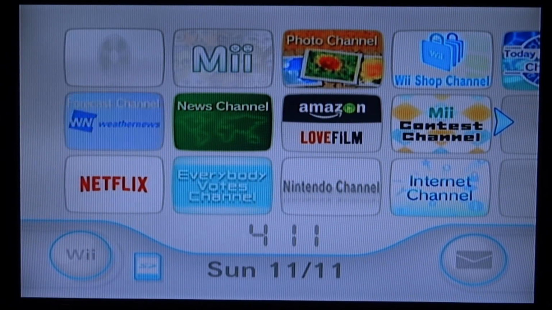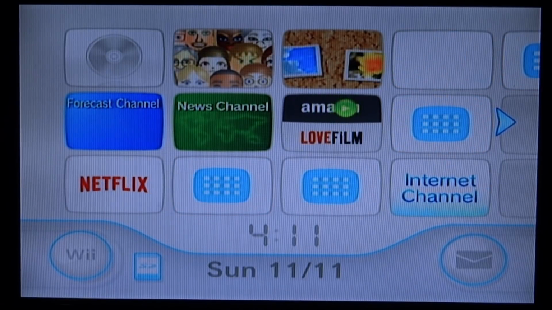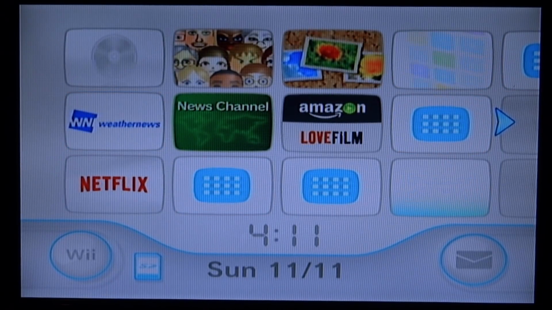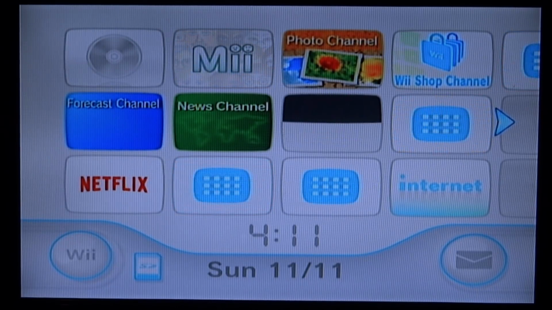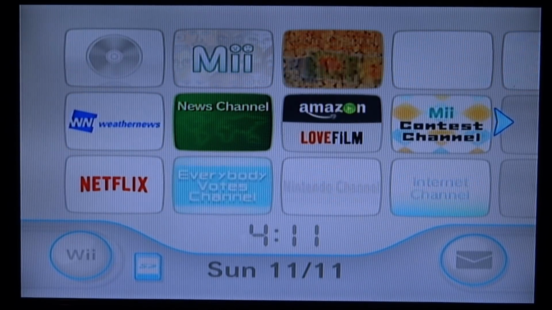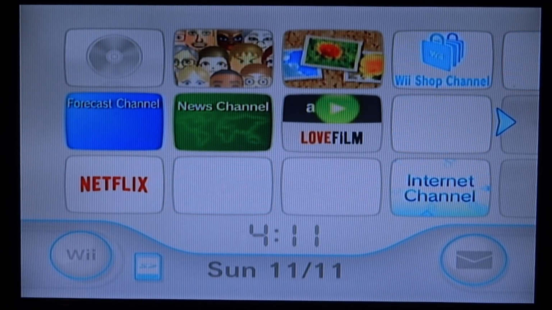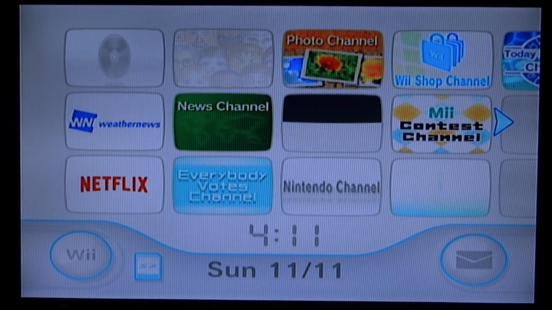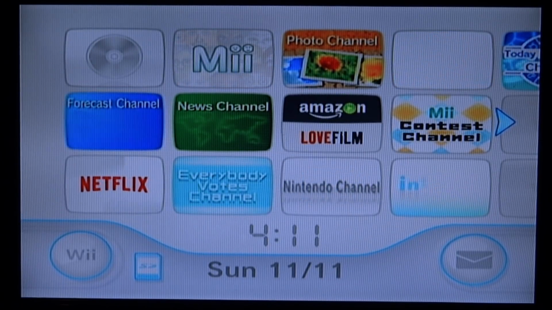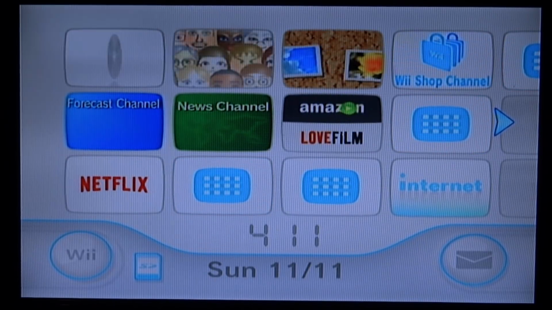In this video I will be showing you how to bypass parental controls on your Nintendo Wii. So right here I've got a second-hand Nintendo Wii. I've had this for quite a while and I actually just realised that it's got parental controls on it and I don't actually have the code. I tried the simple ones like 0000, 1111, and I just couldn't get the code right. So if you guys have this on your Wii and you're not sure what the code is and you want to bypass it, I will be showing you how to do that in this video.